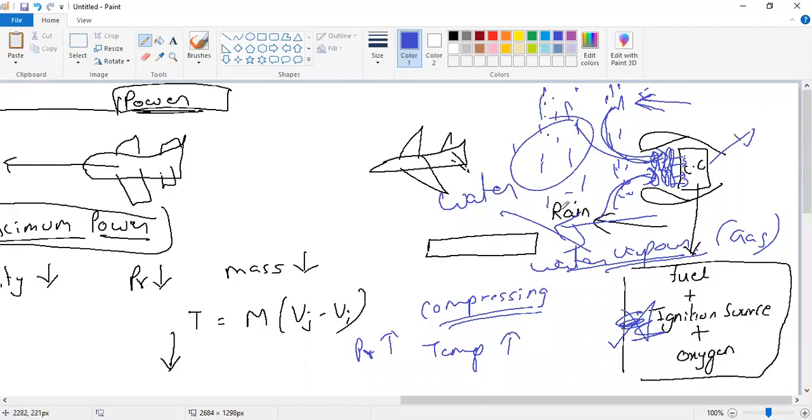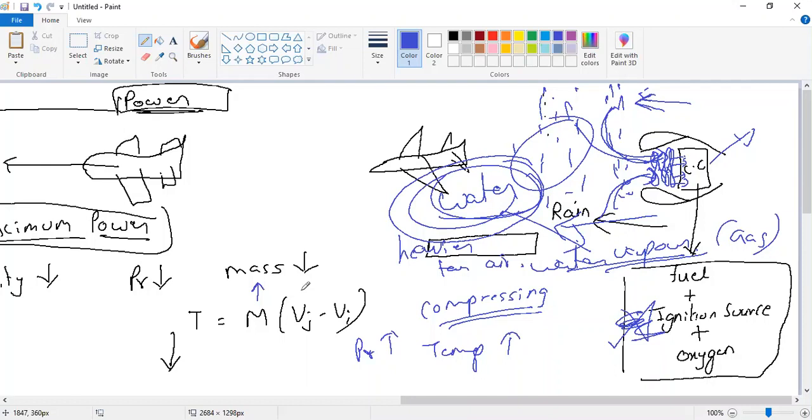So what we have understood over here is whenever the aeroplane takes the water intake inside, the water gets converted into the gas and then it enters the combustion section. This is what we have understood so far. Now we know that water is heavier than the air, right? Water is heavier than air, correct? That means if I convert the water into water vapor, my mass will increase,